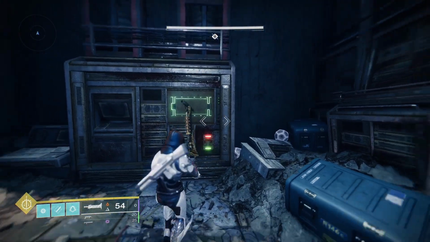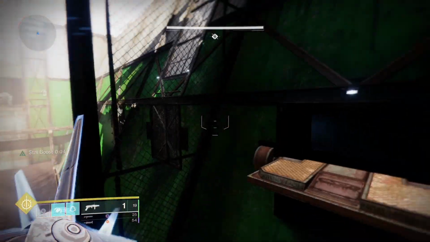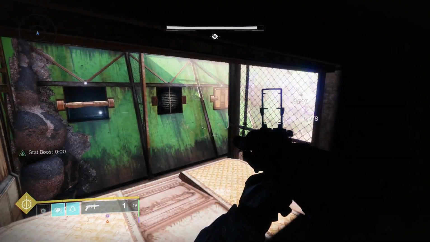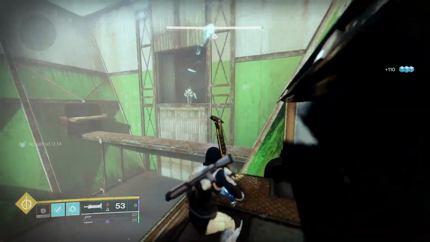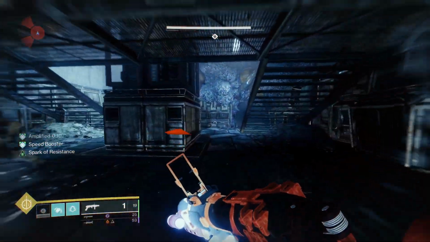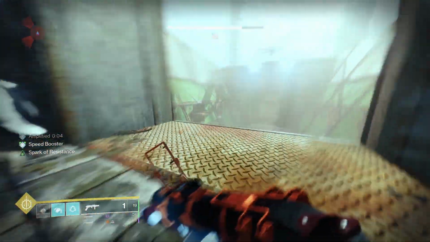Gonna hit this switch up here. So we'll open up the far door and spawn a Shrieker. We're gonna throw a grenade at it. Since we killed the jolted target, it'll get us amplified, and we're gonna use a speed booster to do some fun things. We're going to hit this switch at the end. Trying to do that while sprinting is a bit annoying, but hey. We're then going to